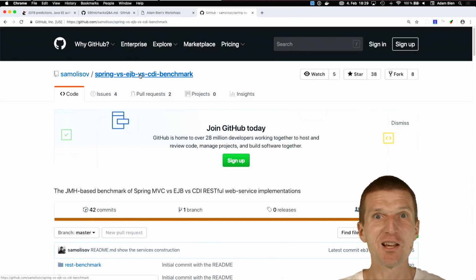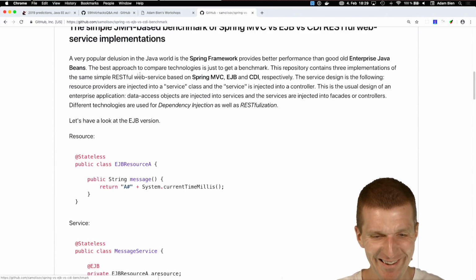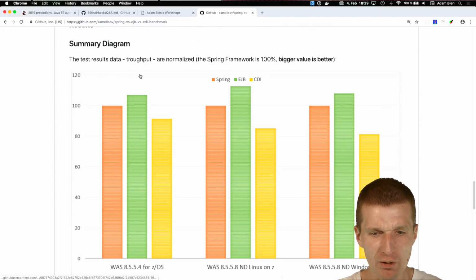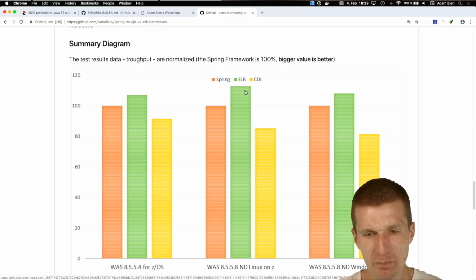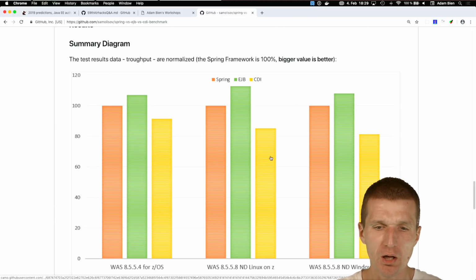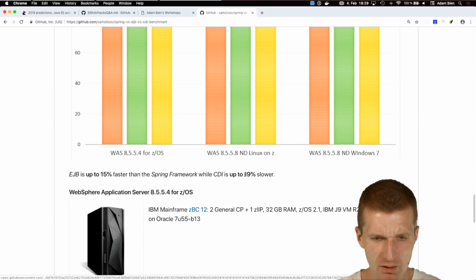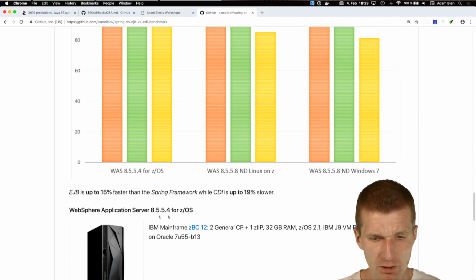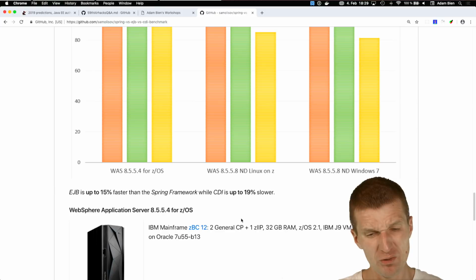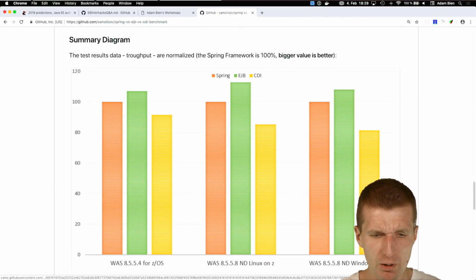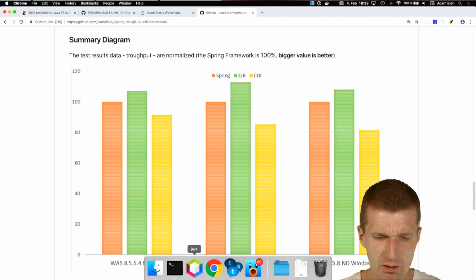Now it was the last show because I agreed, but now let's see what happened. So now we have the diagram, performance comparison, EJB versus request scoped. And EJB has the fastest performance. It is about, I think, back then was 15, or around 20% faster than CDI. So because of performance, it is